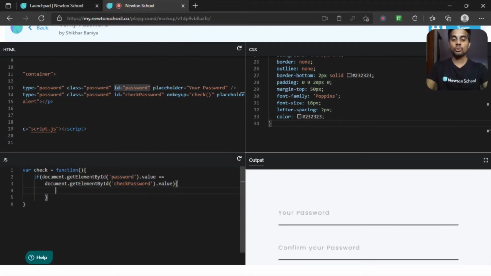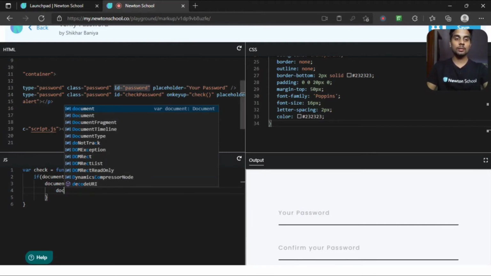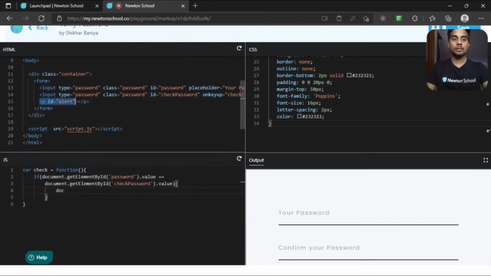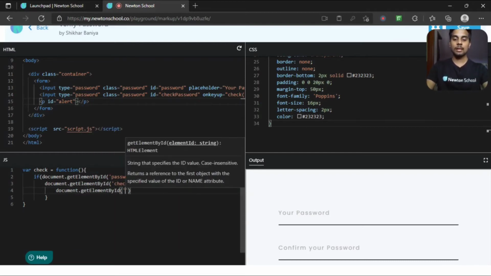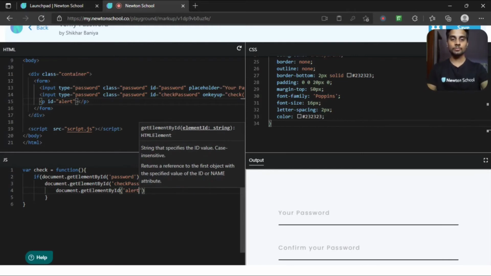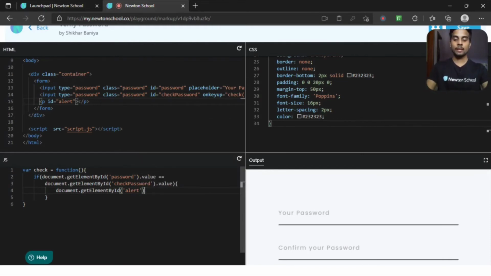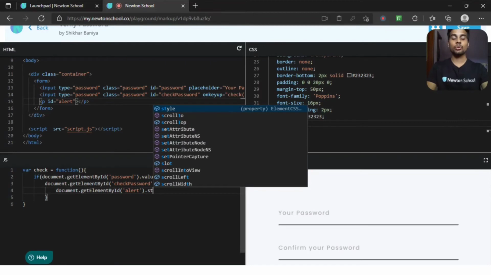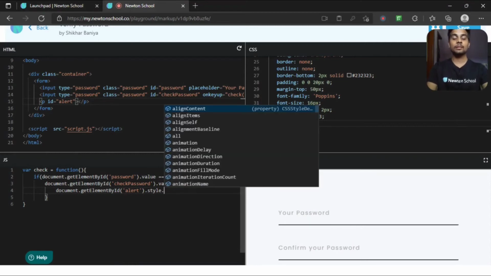I want to target the alert, this alert paragraph tag. So document.getElementById, inside this will be alert. Next I want to style it. In JavaScript, if you want to style a particular element, you have to write .style and then the value of your attribute.